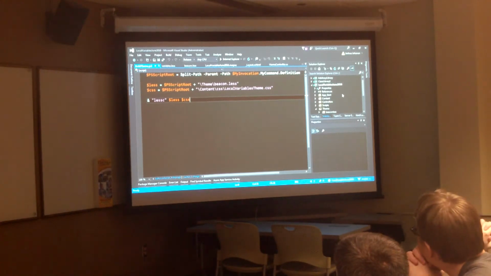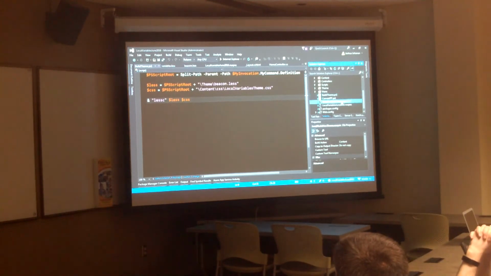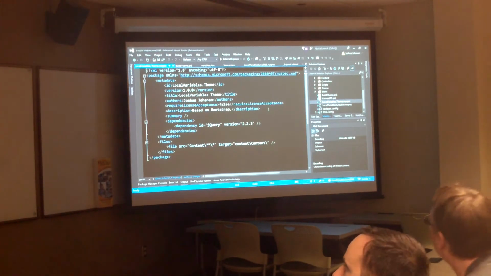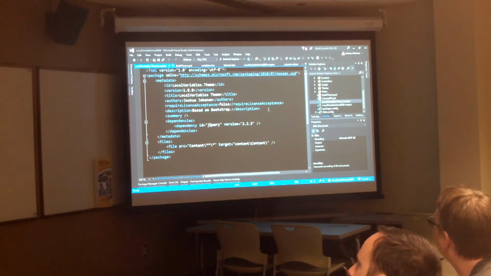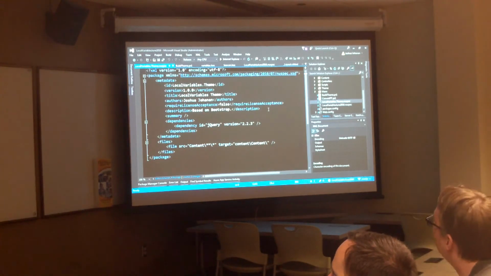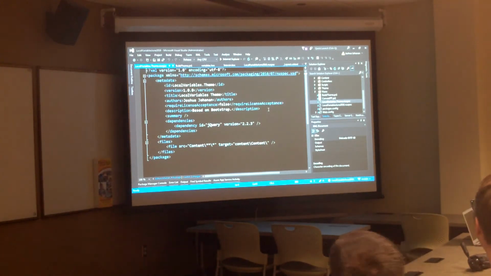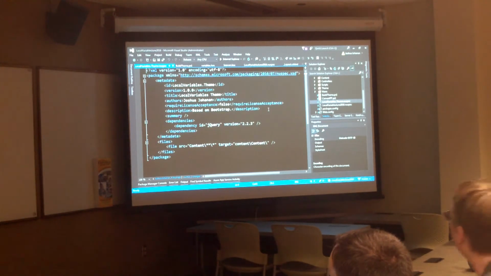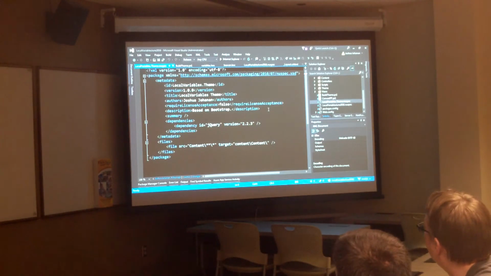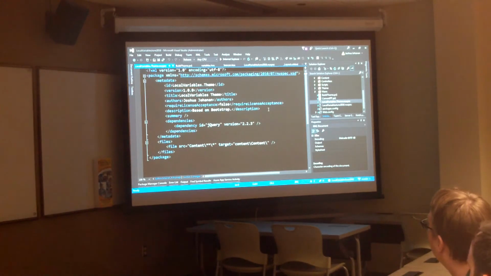If we look at this, then we come down here, and we actually then have a new spec. Now again, you can be as granular as you want. For example, if you want to break out the theme, because let's say you have other sites that you want to possibly put the theme into after the fact, you can create a site and just install the theme file. Or you can have your MVC core that relies on the theme, which I'll show you can be updated. Now, the Bootstrap JavaScript requires jQuery, so we set that as a dependency. And because we stuck everything under content, we're saying pull everything under content and put it under content,